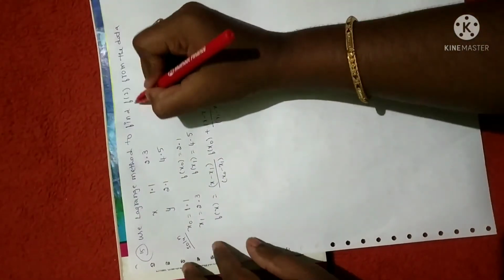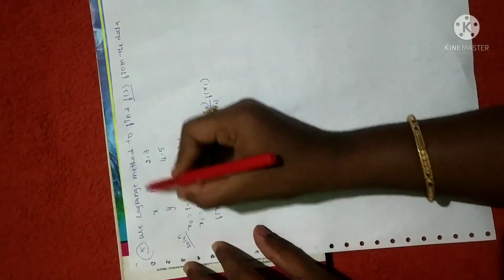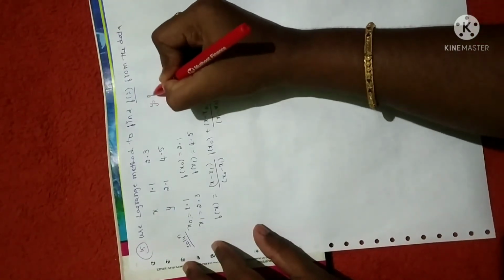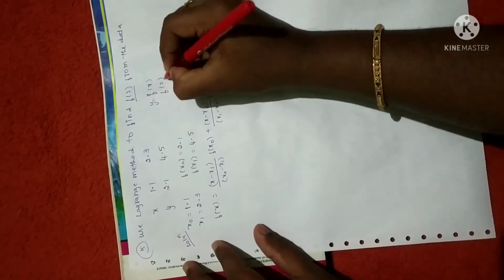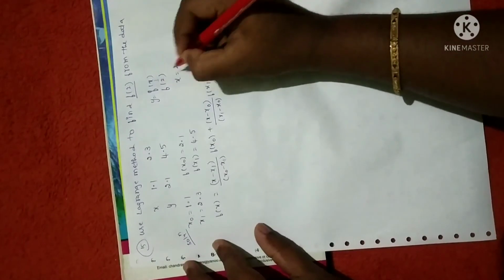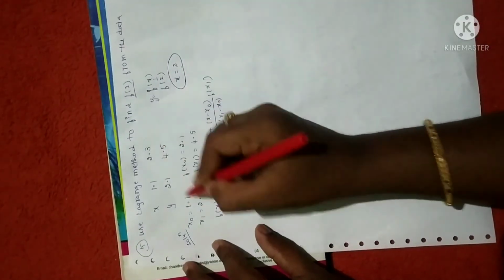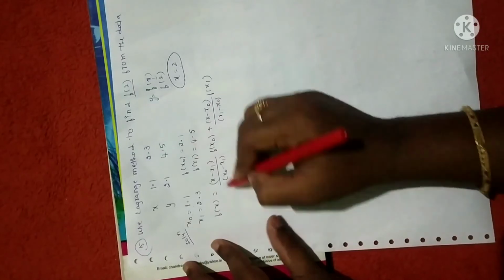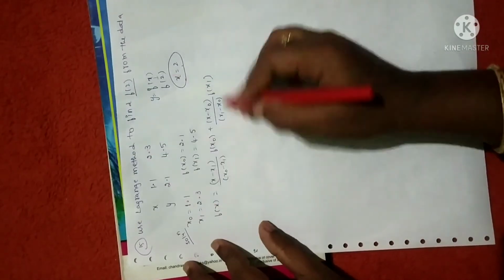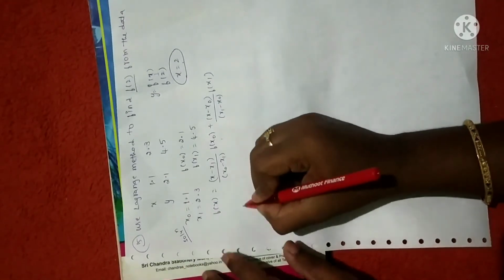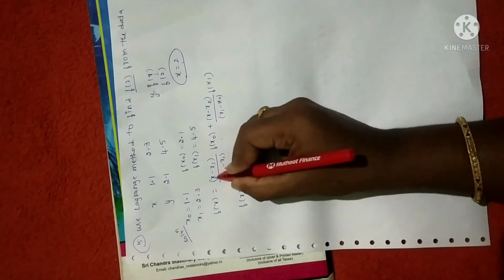So here is the problem. I have written the formula also. F of 2 we need to find. So here, y is equal to f of x format. In the sense, we have to find f of 2. So x value is 2 here. X naught is given, x1 is given, f of x naught is given, f of x1 is given. We have only 2 points, so this is the 2 point formula. Now the only thing is we need to substitute. So let me substitute.